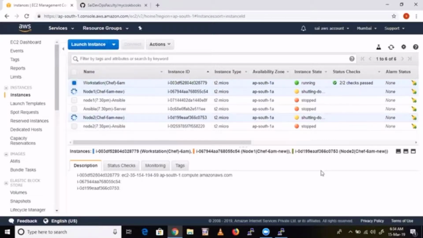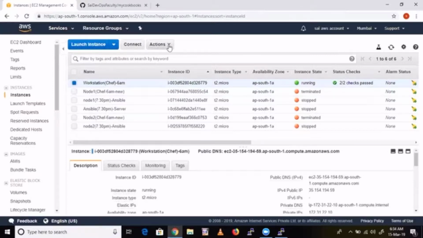In companies, you won't use the terminate option at all, guys. This is only for testing right here. In companies, you use create and stop. That's it. You will never use the terminate option. Why do we terminate the machines? That will never happen.